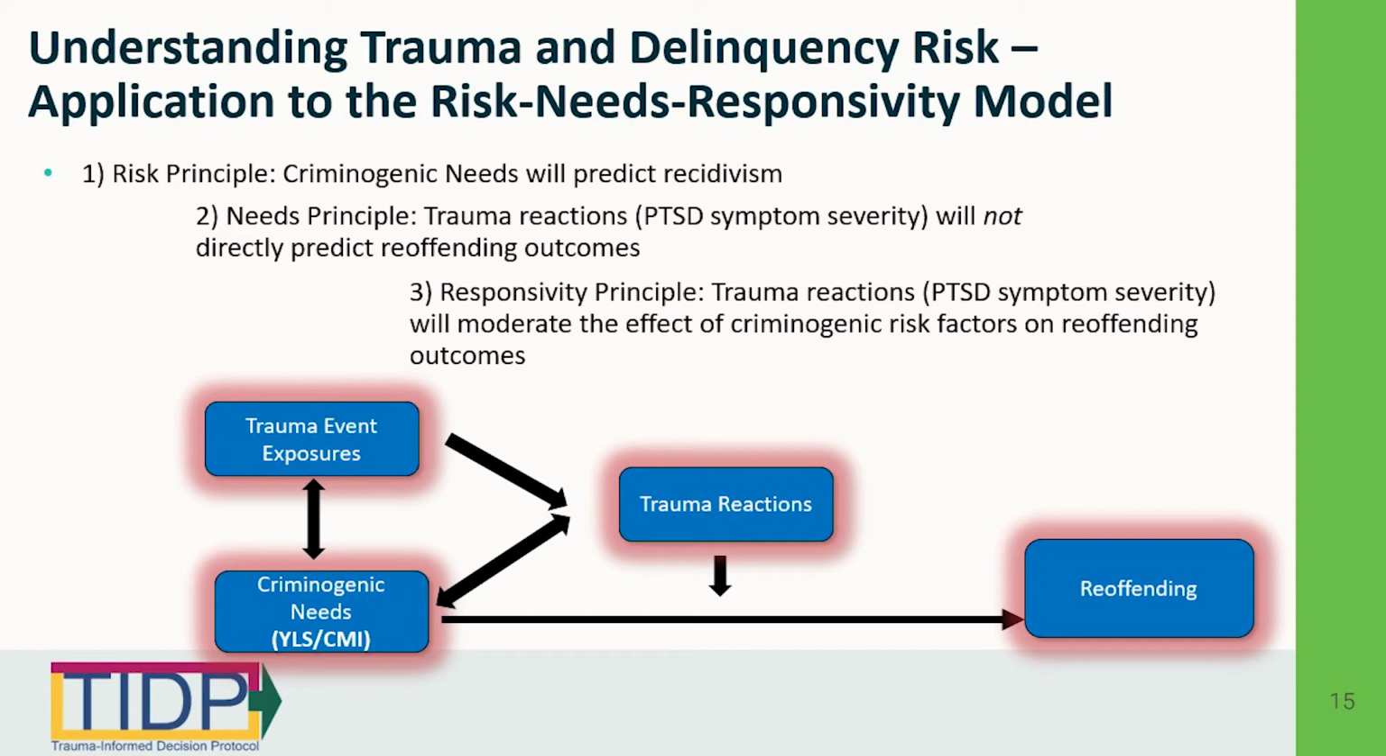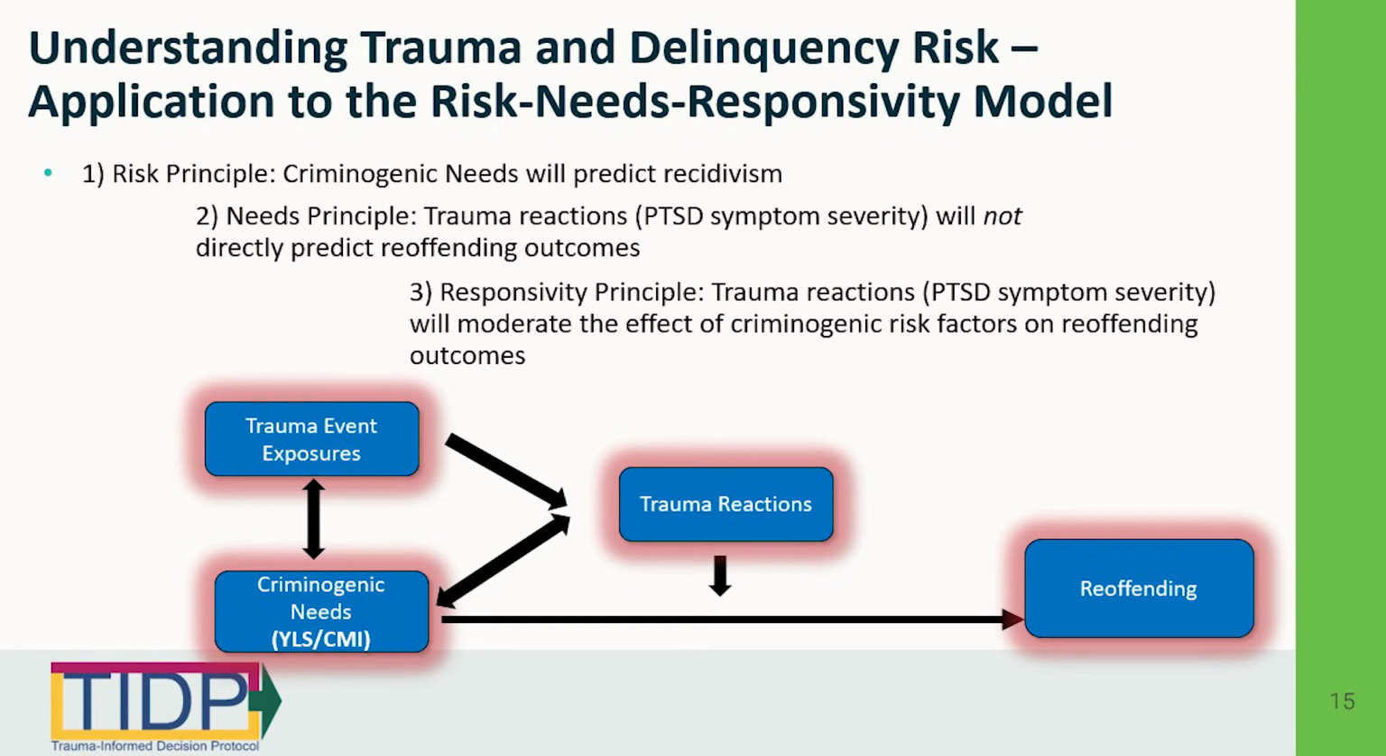But trauma as a responsivity factor, it's going to identify that those trauma reactions, when they are present, are going to serve essentially a destabilizing function in the life of a youth. They're going to impact the way that the youth is currently thinking, feeling, and behaving on a day-to-day basis in a way that could actually magnify and aggravate or increase the strength of dynamic criminogenic needs on that risk for